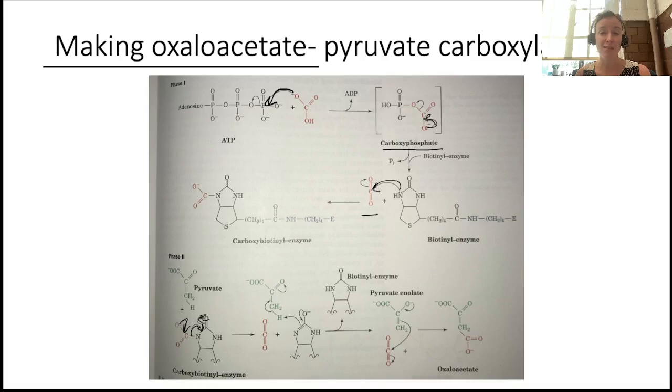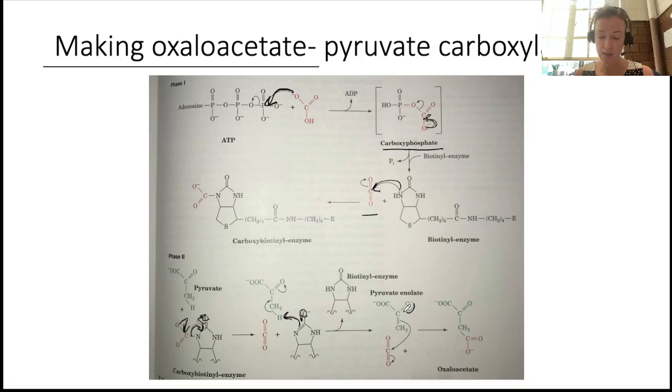We first need to do a little bit of acid base. So biotin, in addition to doing this one carbon transfer, one carbon because there's one carbon in CO2, does this acid base step where it again takes that same lone pair that did the nucleophilic attack and it deprotonates our pyruvate, giving us this enolate kind of structure here,